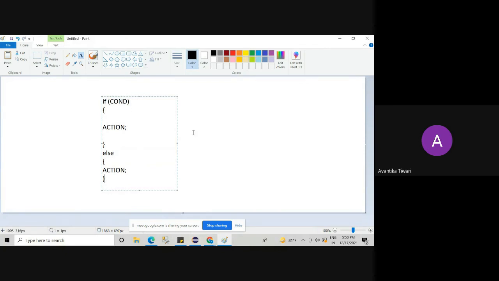Now, what you have to keep in mind when you are working on Java platform is that the condition that we are specifying inside the if should be Boolean. Now remember, in C++ or C, what used to happen?